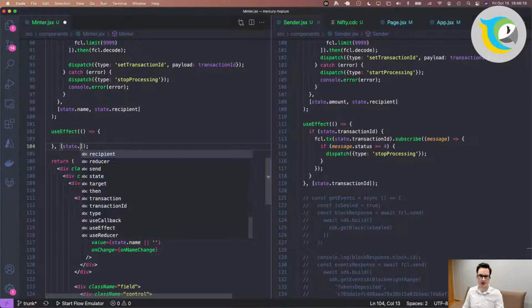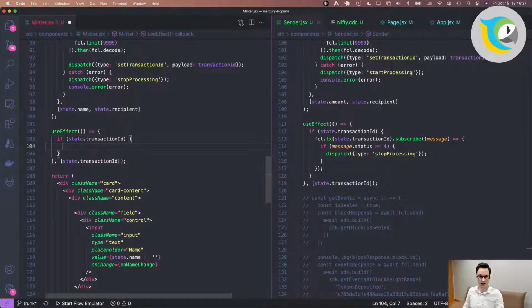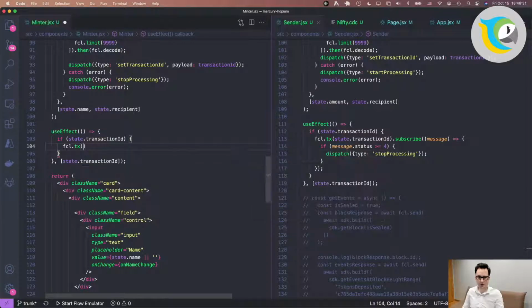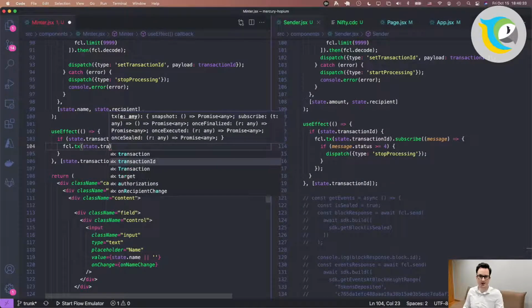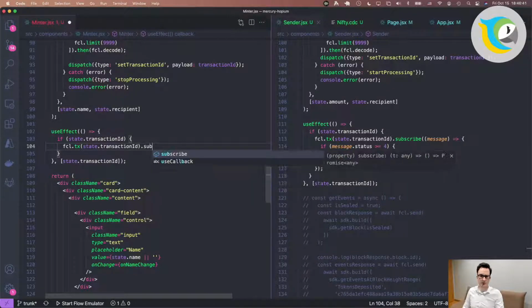Whenever state.transaction ID changes, and if it's not null, then we're going to listen for whatever is in state.transaction ID, and this is the way we access transactions on FCL. And then we're going to subscribe.